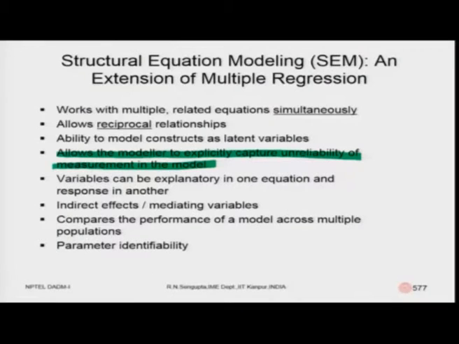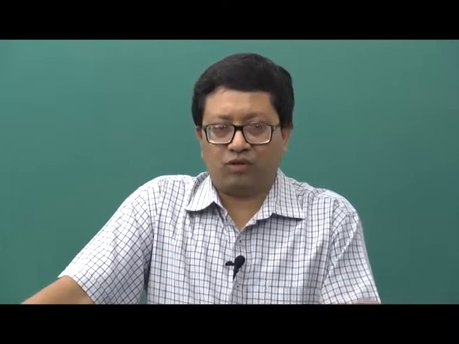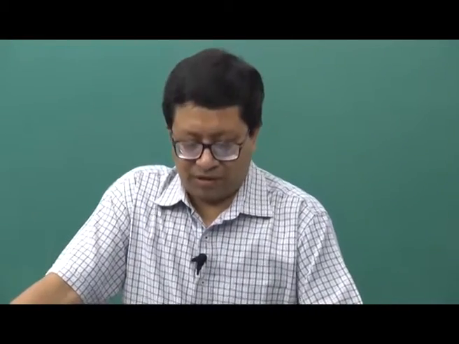So, the variables, depending on their construct, can be explanatory in one set of equations, and can be dependent or independent variables depending on the modeling framework. So, we will have indirect effects through mediating variables, which will have a relationship where random variable x 1 affects x 2, and then again x 2 affects x 3, and again x 3 may affect x 1. So, this looping method can be considered.